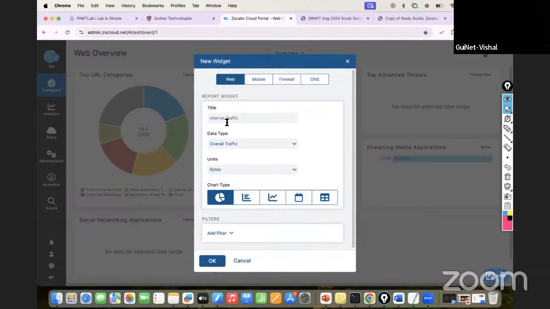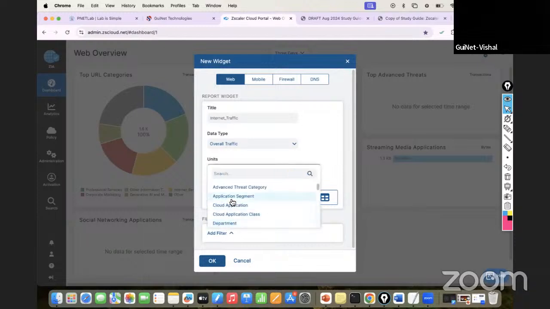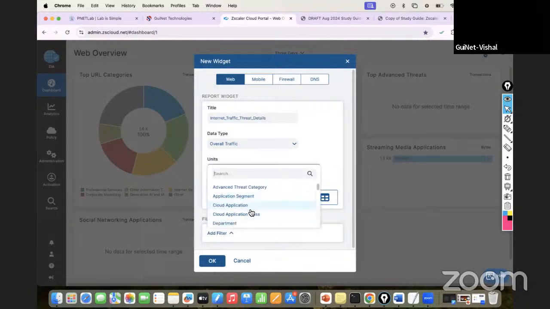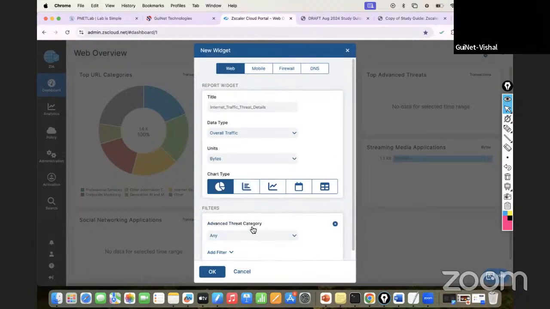And in this particular section, what I want to see. So I want to see, let me put internet traffic threat detail, right? This is what I want to see. So I want to see the threat information. So how I can modify the filter. So you can see we have a lot of information, DLP, file sharing activity, users activity. So what I'm going to do, I just select the advanced category of the threats and it